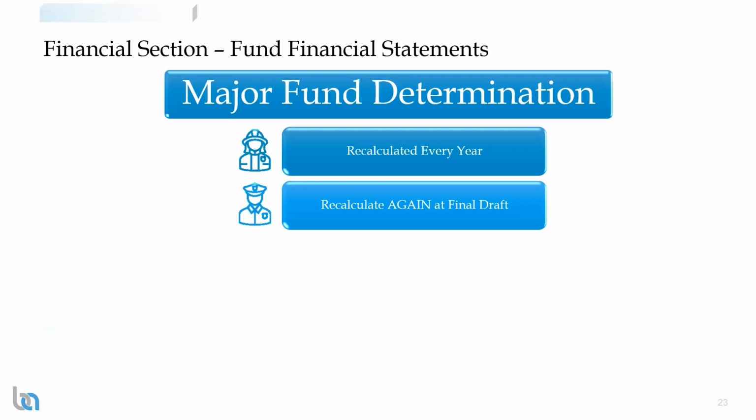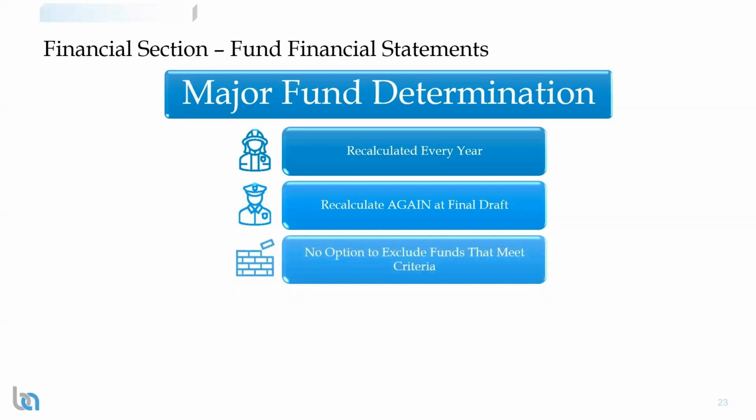It can be a bit of a scary thing, especially when you have a lot of adjustments during the audit or as you're going through the financial statements and doing reclassifications. You find that actually now a fund that didn't meet the major fund criteria is now supposed to be reported as a major fund. It's not that big of a deal the other way around. So if you had determined a fund was major and it no longer meets the definition of a major fund, you can still present it as a major fund. You don't have that option in the opposite direction, right?